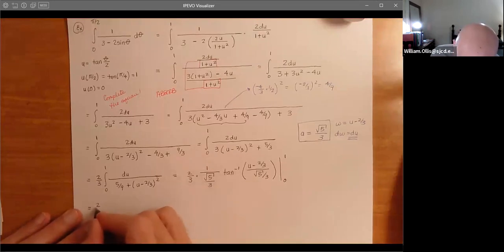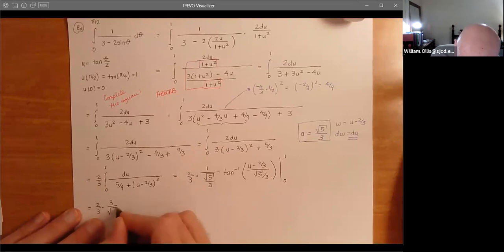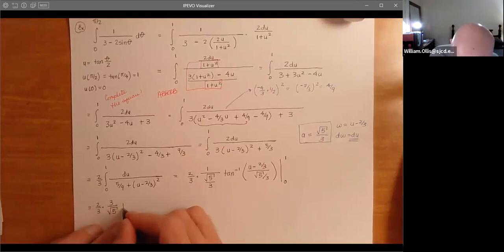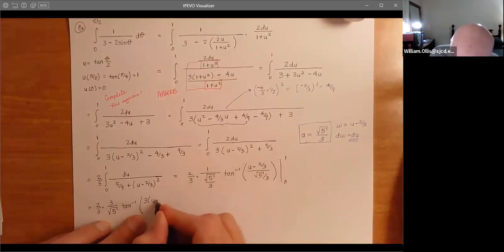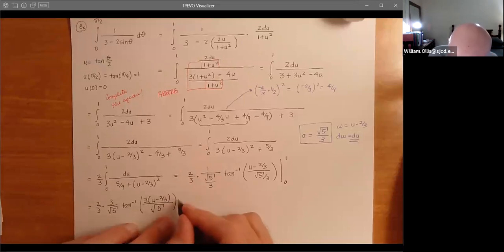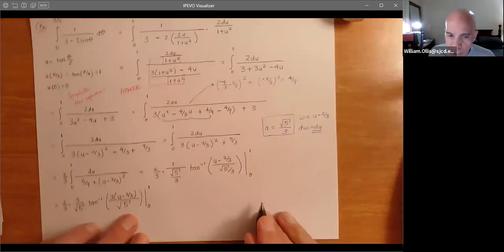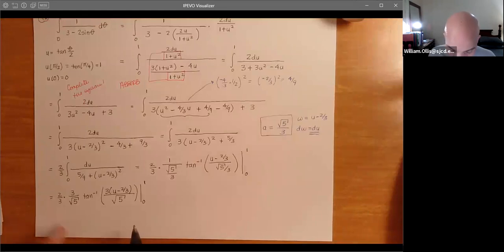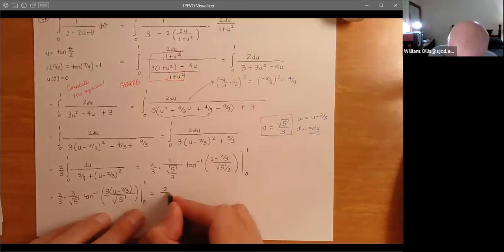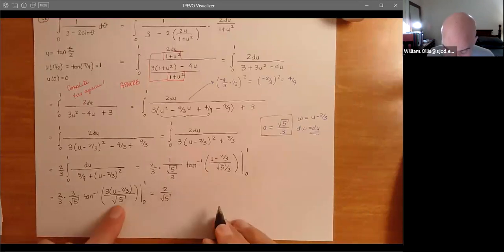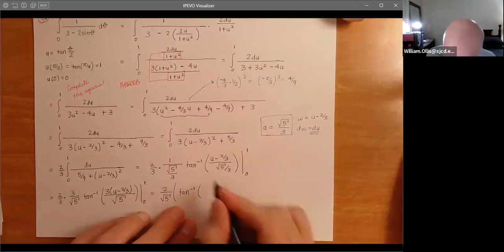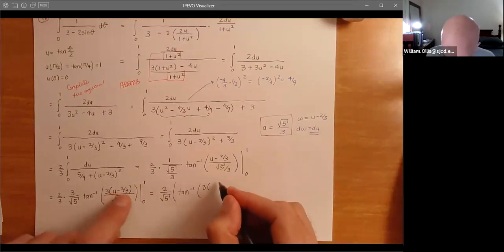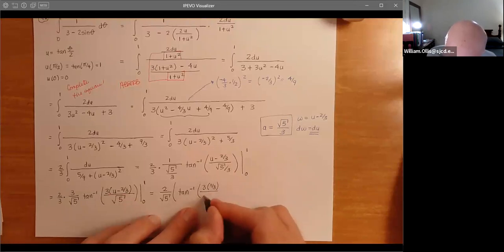So now this is 2/3 times 3 over the square root of 5 when we reciprocate that, so the 3's will absorb. So inverse tangent. And now the 3 comes upstairs, so we get 3 times u minus 2/3 over the square root of 5. Yeah, when you make them up, they're not as beautiful, but this is what happens in physics and engineering. You need to be able to deal with the messy numbers. So now the 3's absorb, and we get 2 over square root 5. And so now when we substitute 1, that'll be the inverse tangent of, so substituting 1 will give us 3 times that, well, we got 1 minus 2/3, so that's a 1/3 divided by square root of 5